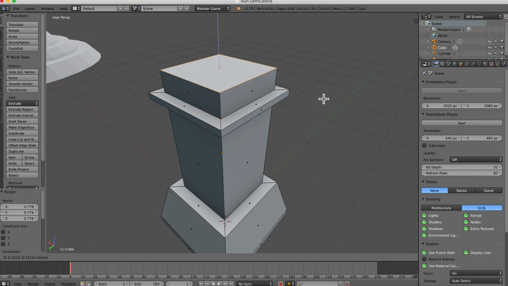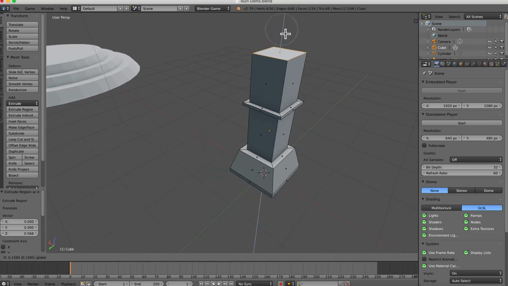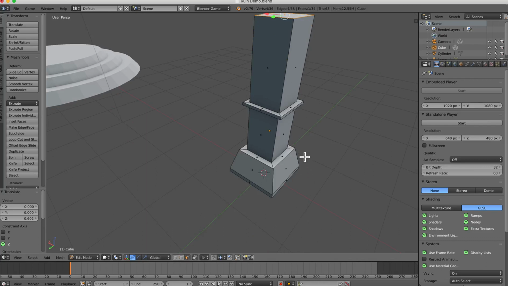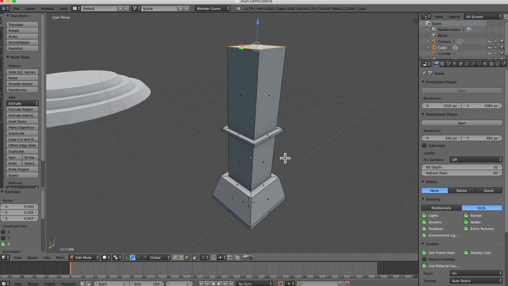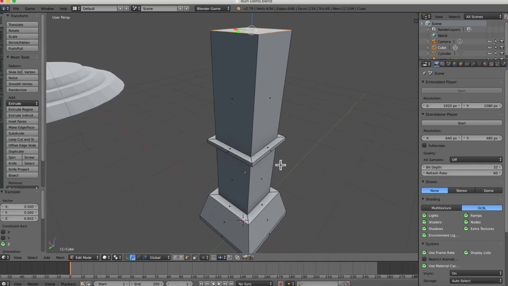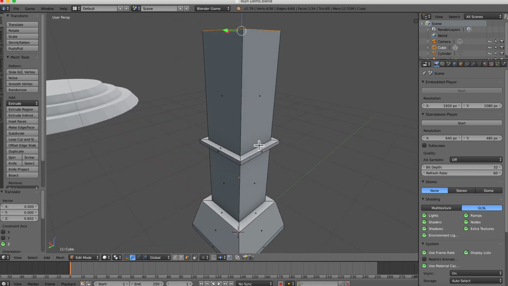And this time I think I'll go ahead and I'll just extrude up a fair distance. Okay, so what I want to do is make this a little bit more interesting. I'm going to use the Loop Cut tool just to show you how to use that tool. So I'm going to press A to deselect all. I'm going to press Control R,